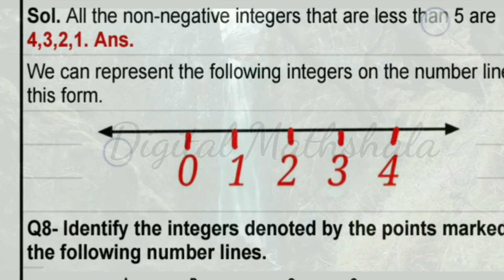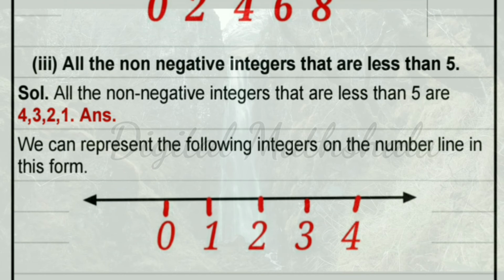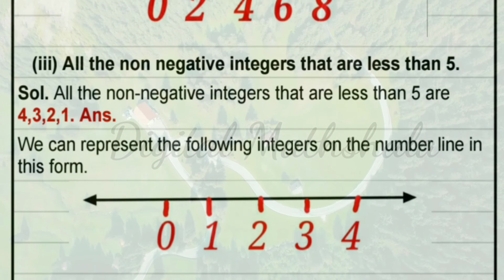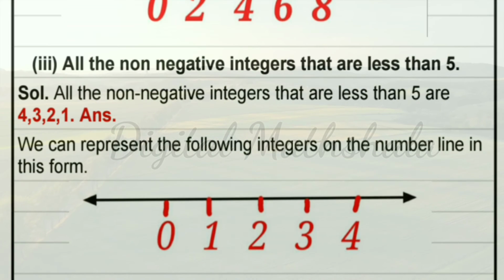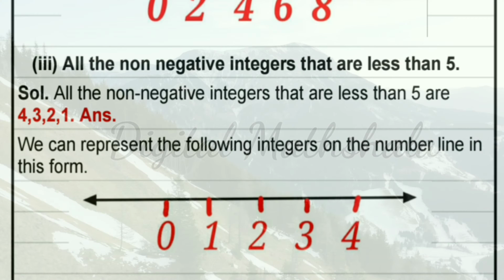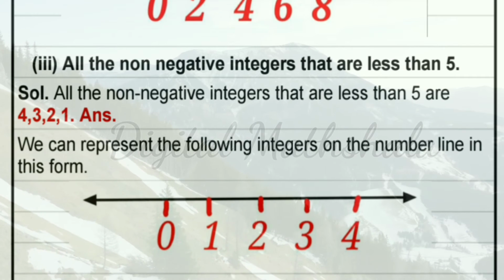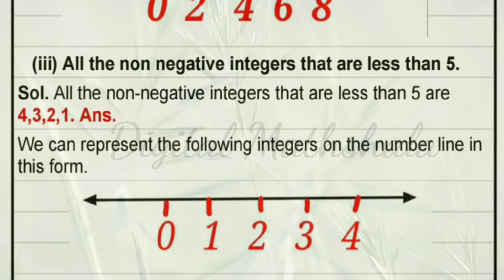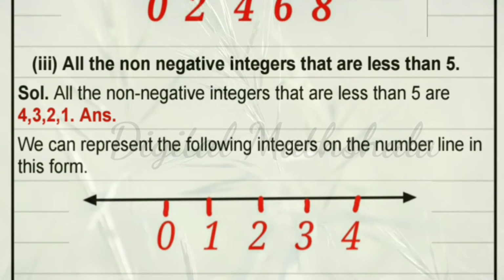Now let us see the third part. In the third part, he is saying all the non-negative integers, non-negative integers. Now here we will include 0 also in this. Okay, so he is saying non-negative integers, so we will include 0 in it. I forgot to write 0 here, so please do the correction in your PDF also, which I have shared.